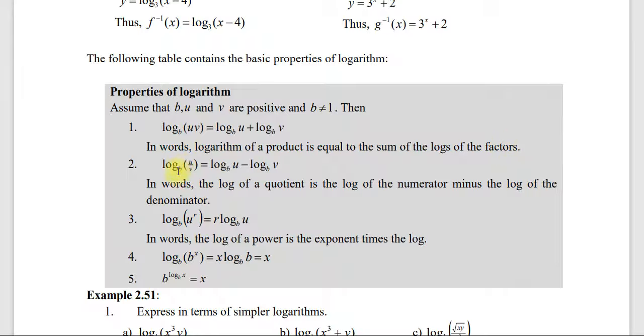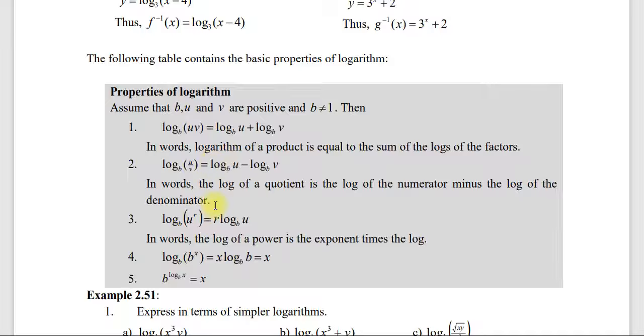ኮሸንት ሲሆን ማካፈል ሲሆን ደግሞ ወደ መቀነስ ይቀየራል። ያ ማለት log u over v in base b ማለት log u in base b minus log v in base b ኦኬ። ስለዚህ እቺንም መጋዟት in word the log of a quotient is the log of the numerator minus the log of the denominator ኑሚኔተሩ ማለት u ነው ዲኖሚኔተሩ v ነው። ስለዚህ የኑሚኔተሩ ሎግ ቫልዩ ሲቀነስ የዲኖሚኔተሩ ሎግ ቫልዩ እንደማለት ነው በኮሸንት ፎርም ከተሰጠ። ፓወር ከሆነስ log u the power of r